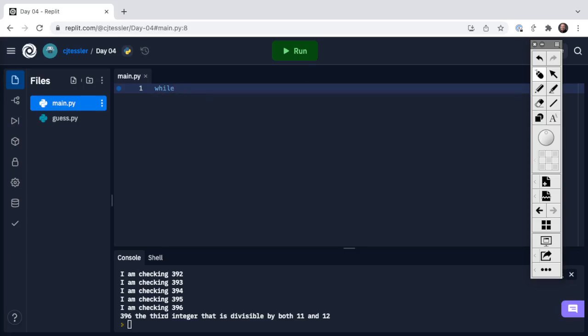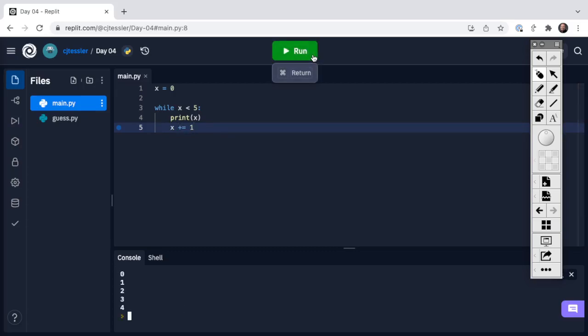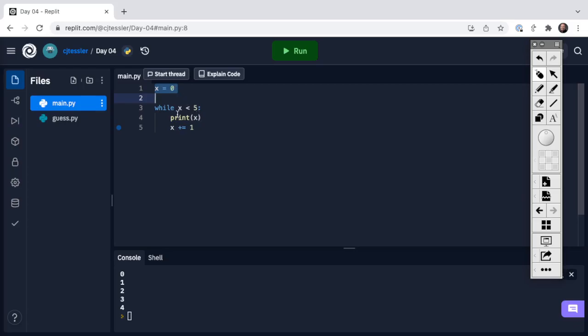So again, just to have it for reference, you don't need to type this. We said x is equal to 0. Then we said while x is less than 5, we printed x, and then we went ahead and incremented x by 1. So it's the same thing we did earlier. There's another way to do this same iteration. It's a little bit annoying to have to declare this first and then remember to do this